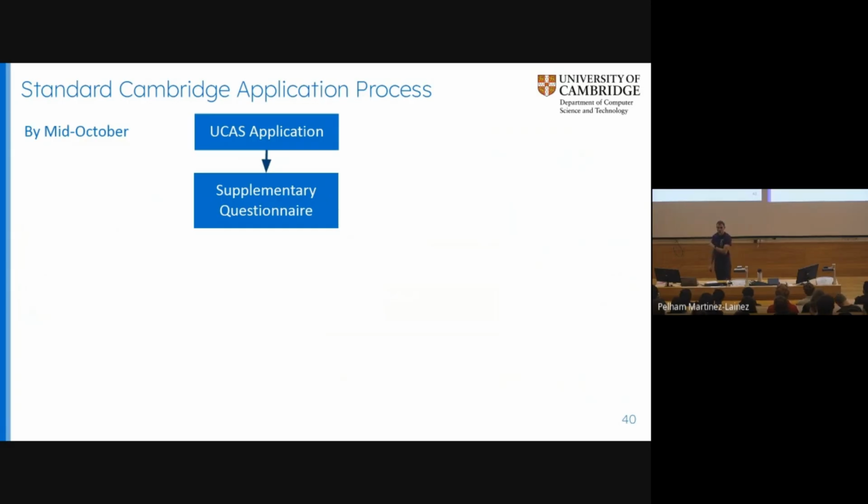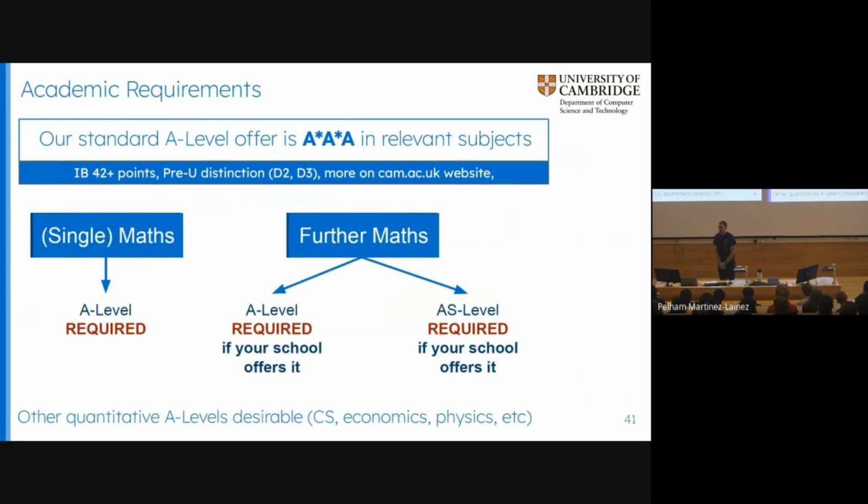So at this stage, what do you actually need to know and do? Well, here's a new thing this year that you may or may not have been observing. First up, our standard A-level offer, A star, A star, A. That shouldn't be a shock to anybody in the room. There is, however, a change on maths this year. We've always said, if you are doing A-levels, you must have single maths, or maths as it is properly called, but single maths as we refer to it colloquially. The new change is that if your school is offering any form of further mathematics at A-level, you are required to do it. We need that for the application.